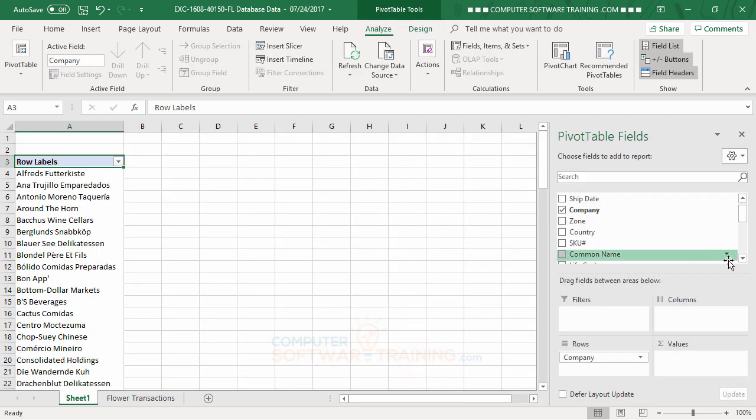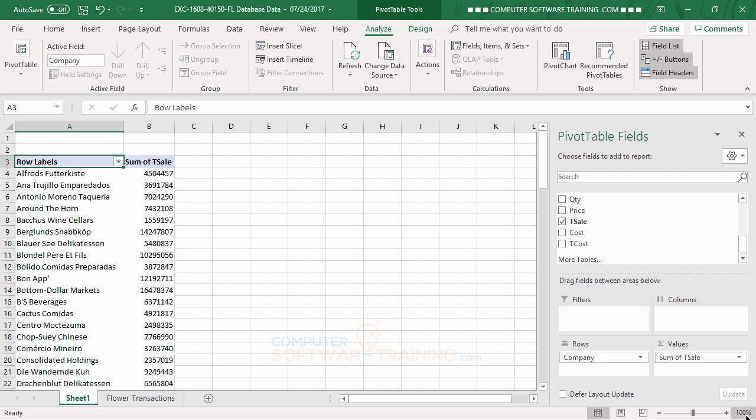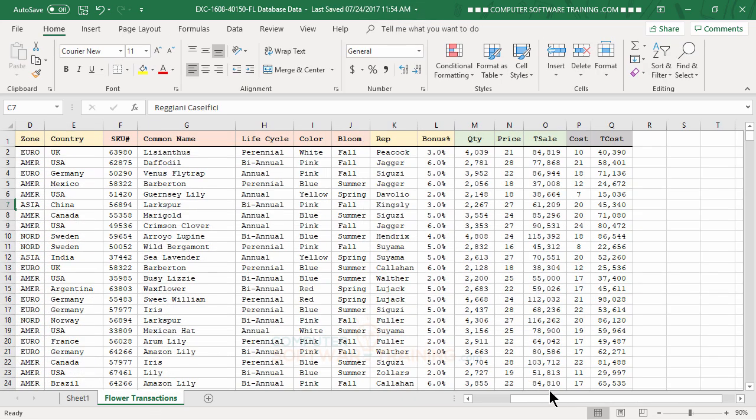So all we need to do is we're going to go down and find our T cost, or I'm sorry, our T sale, which is our total sale. Take that and we're going to drag it into the values, just like that. Perfect. All right,